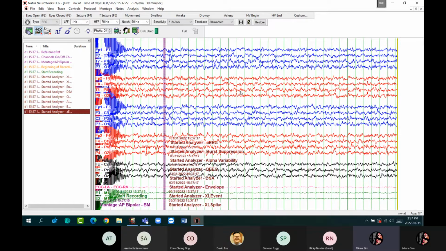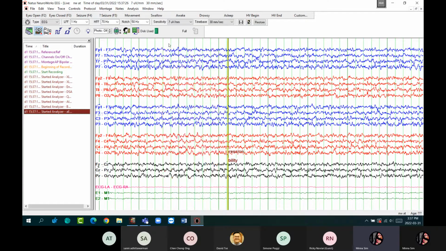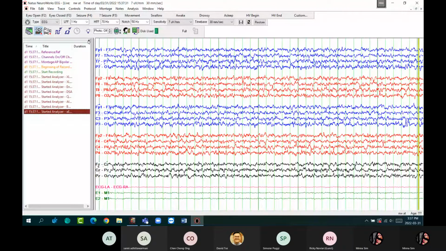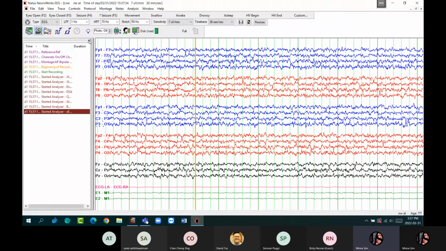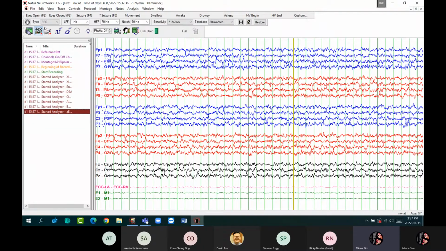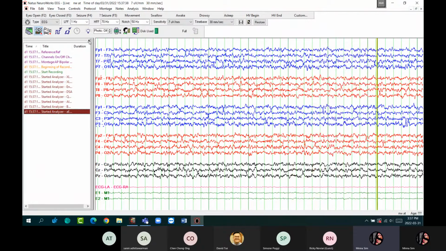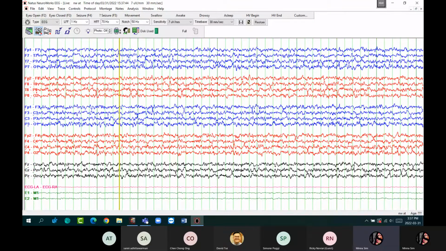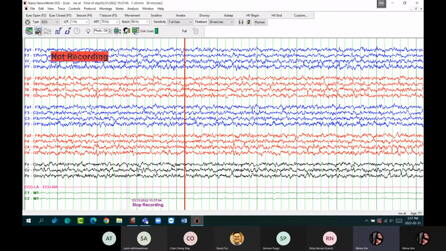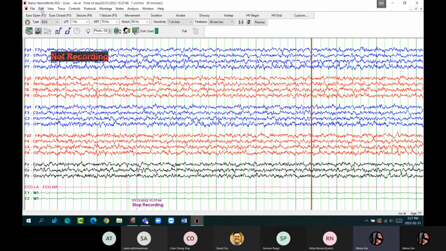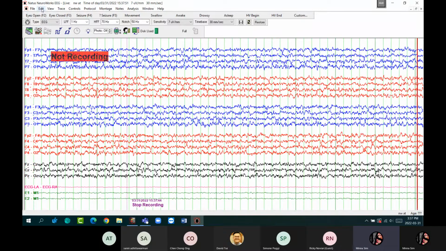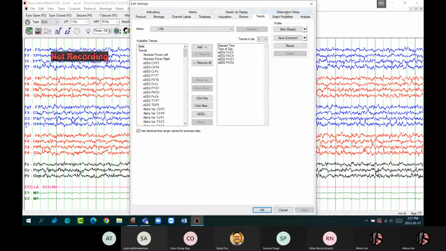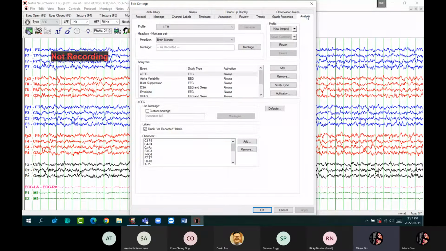So when you start your EEG, it can be showing your workspace, which is this. This is my workspace. If I don't want the annotation viewer, I can just close it and just focus on my trends. Before we begin the recording itself, we need to configure what we need. So we go to Edit, Settings. And the first step is to create a